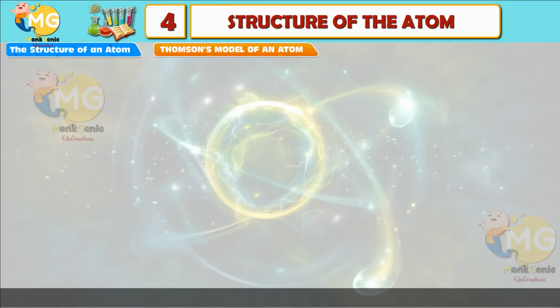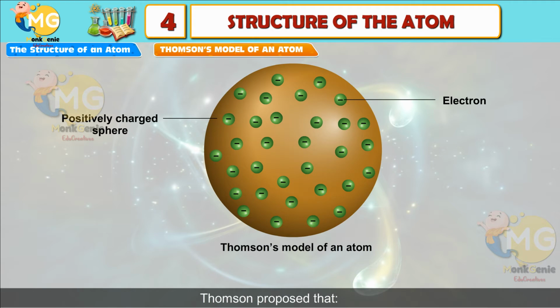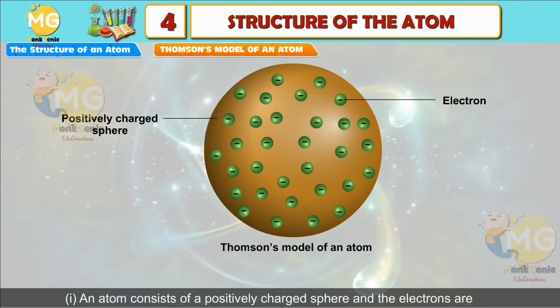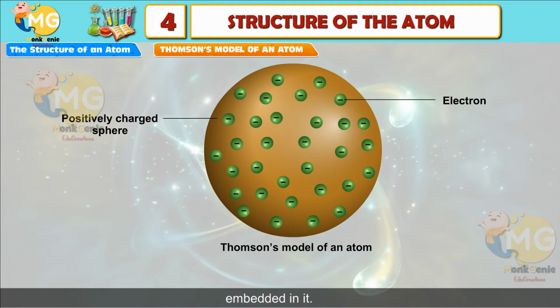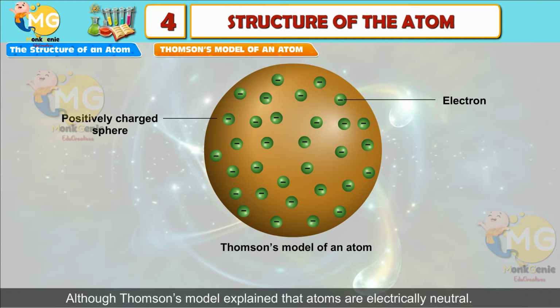Thomson's model of an atom. Thomson proposed that, 1. An atom consists of a positively charged sphere and the electrons are embedded in it. 2. The negative and positive charges are equal in magnitude, so the atom as a whole is electrically neutral. Although Thomson's model explained that atoms are electrically neutral,